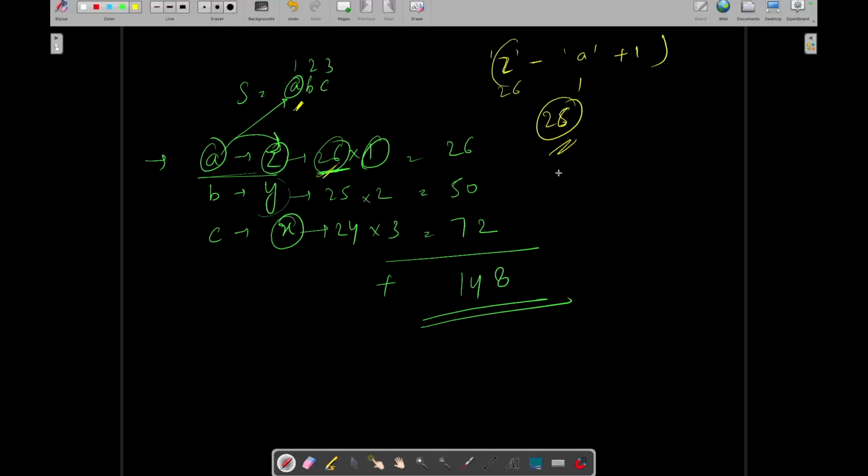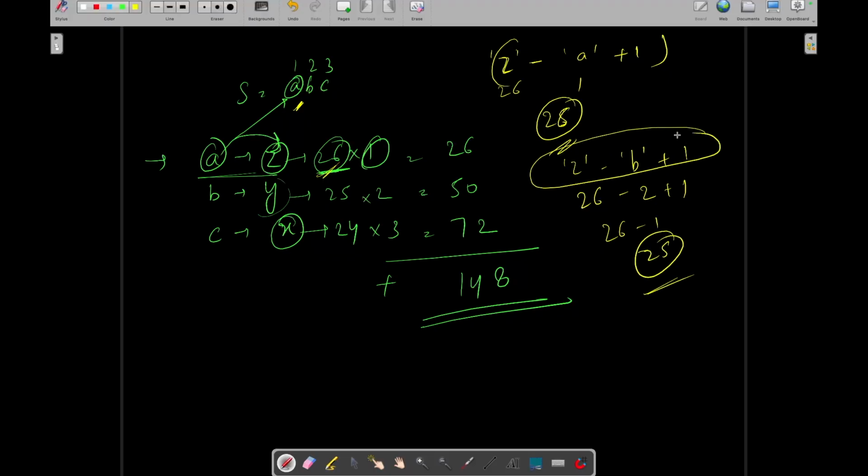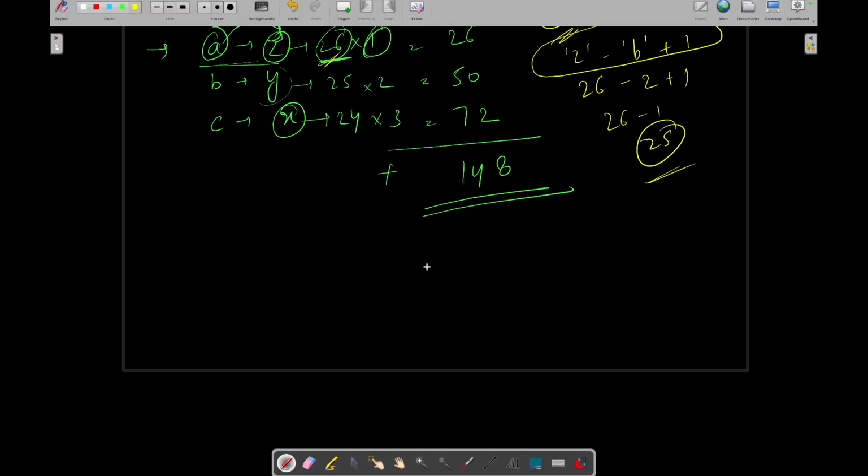Let's see for B as well. The value of Z is 26, B is 2, so 26 minus 2 plus 1, which will become 25. So in this way you will be able to get the value of the opposite character: Z minus s of i plus 1. This will give you the opposite character value.